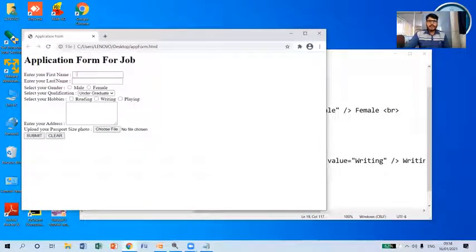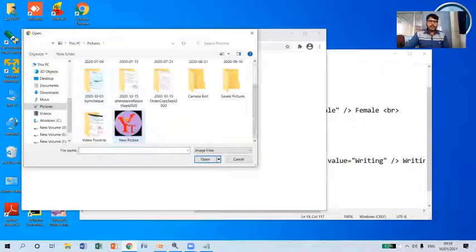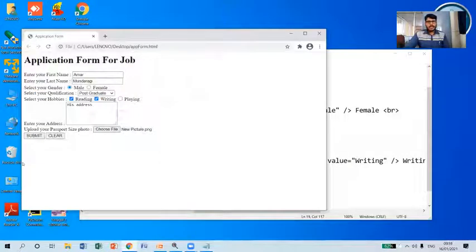You can see here he can enter his first name, say for example Amar Mundaragi, and he can select his gender, and he can select his qualification as postgraduate, and he can select his hobbies, and also he can enter his address here in the address section, and also he can upload the file by using choose file, and I'm going to select an image file.